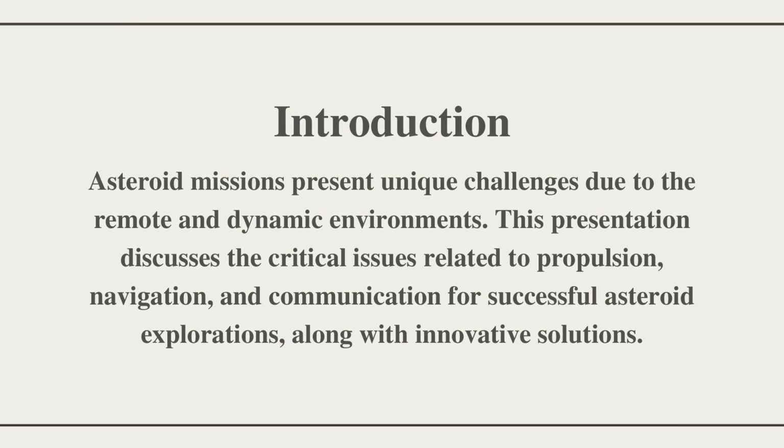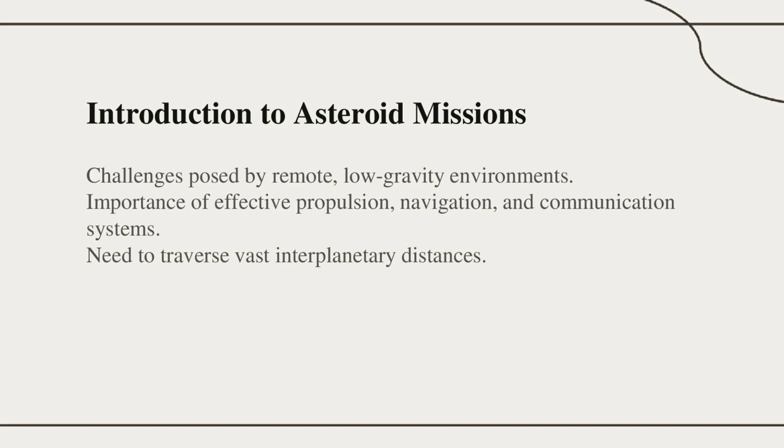Right, because it's not like they've got street signs and GPS out there. Exactly, and it's way more complicated than just pointing your spacecraft in the right direction and hitting the gas. Okay, so break it down for me. What makes navigation around an asteroid so tricky? Well, first of all, you're millions of kilometers away from Earth, which means...